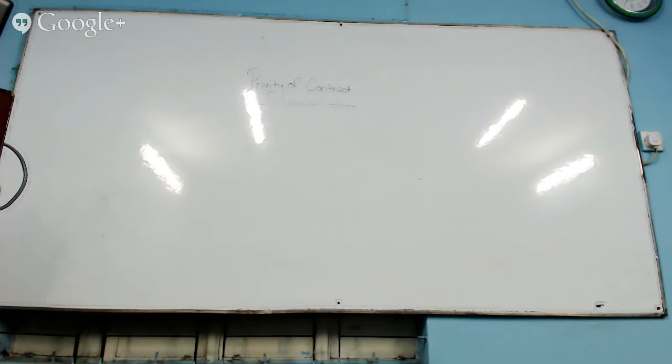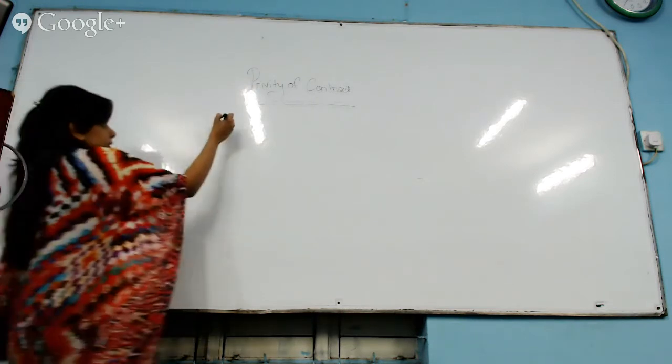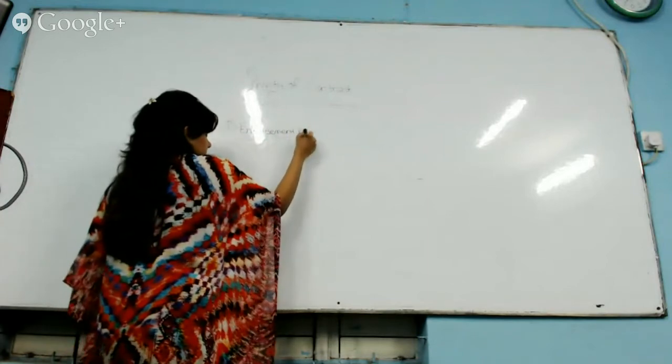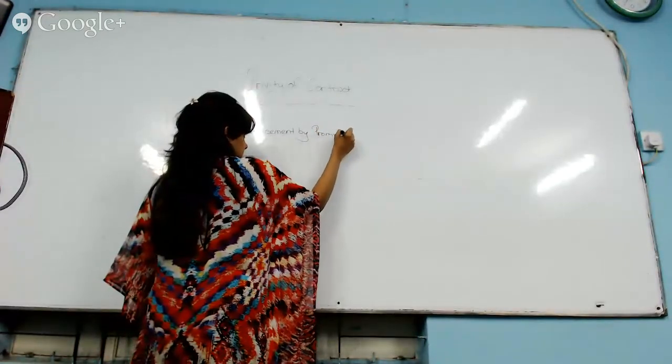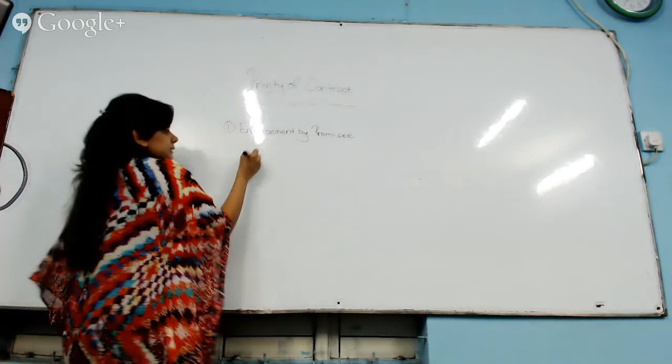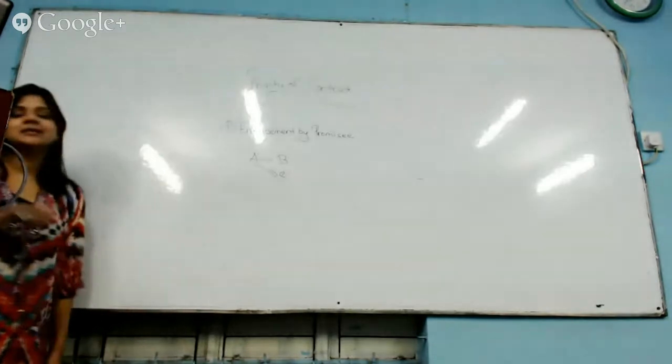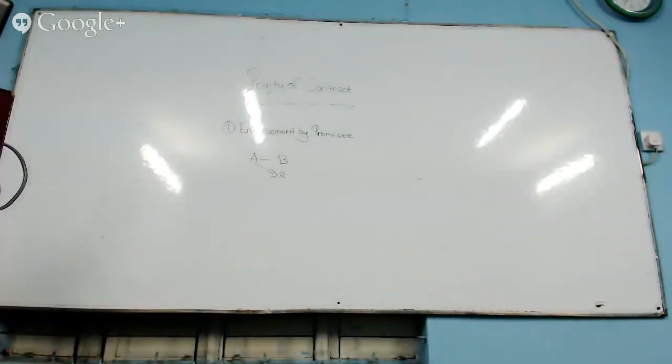Okay. So what are these exceptions? Exception number 1, enforcement by the promisee. We have mentioned that B is always able to enforce this contract. So exception number 1 is we can just ask B to enforce the contract on behalf of C. And this is again mentioned in section 4 of the 1999 Act, if you want to write it down. Section 4 of the Contracts Rights of Third Parties Act 1999 states that